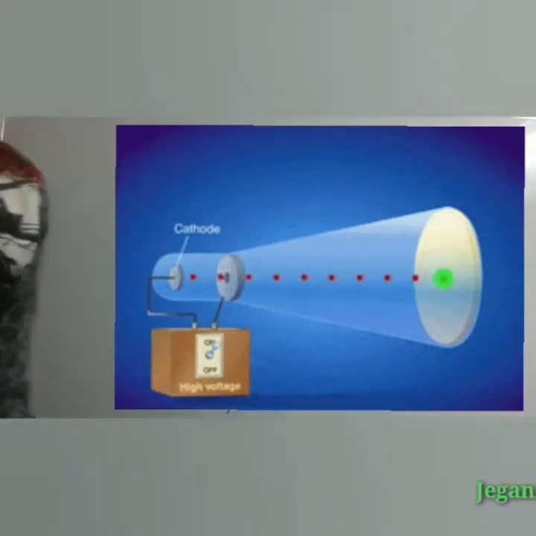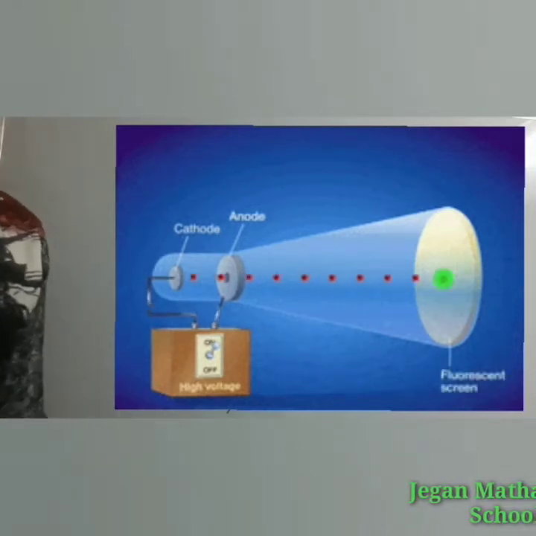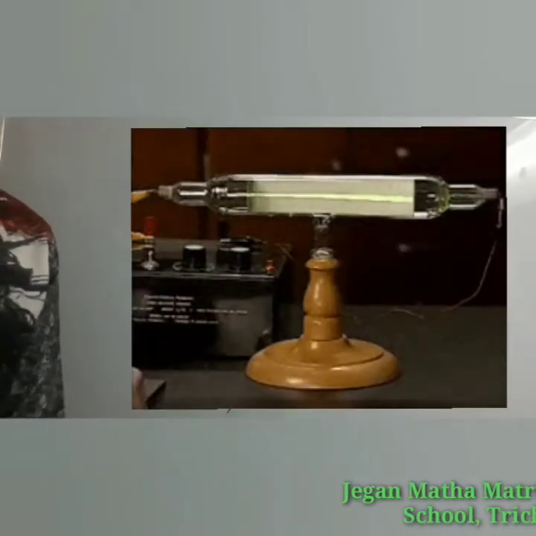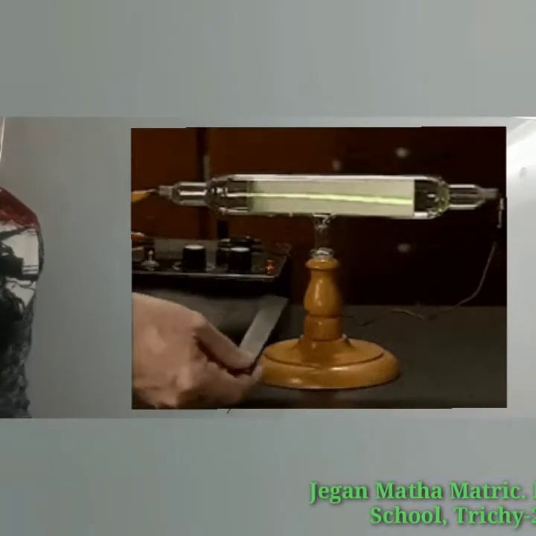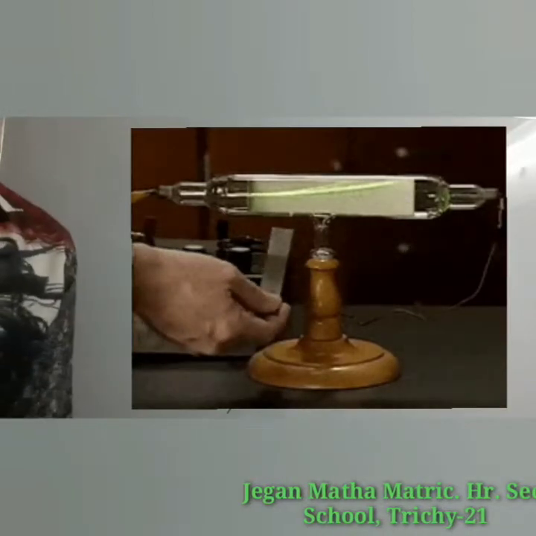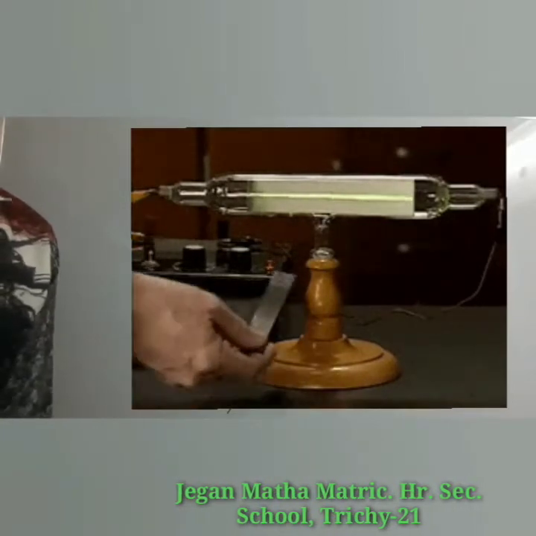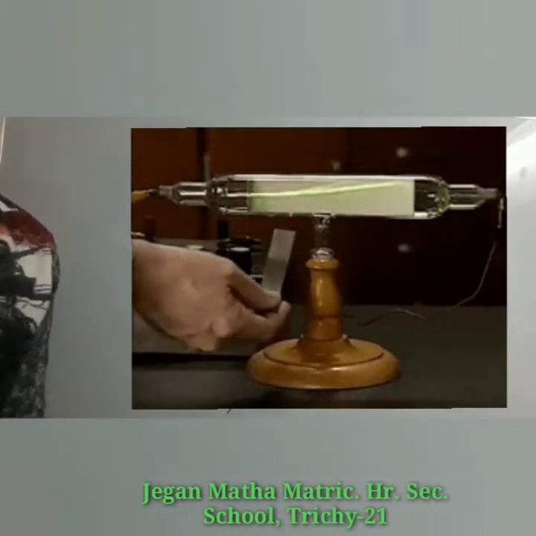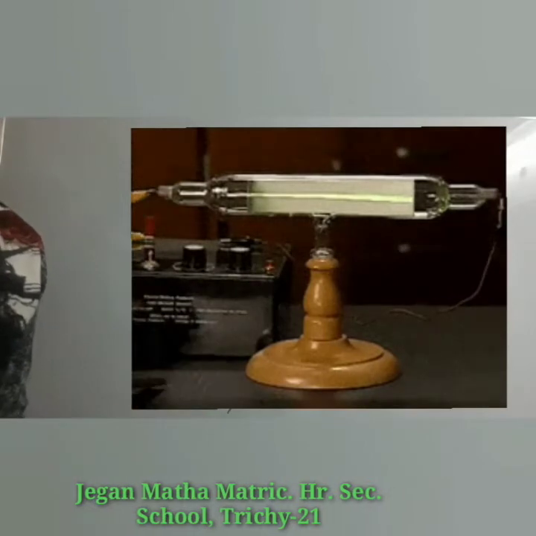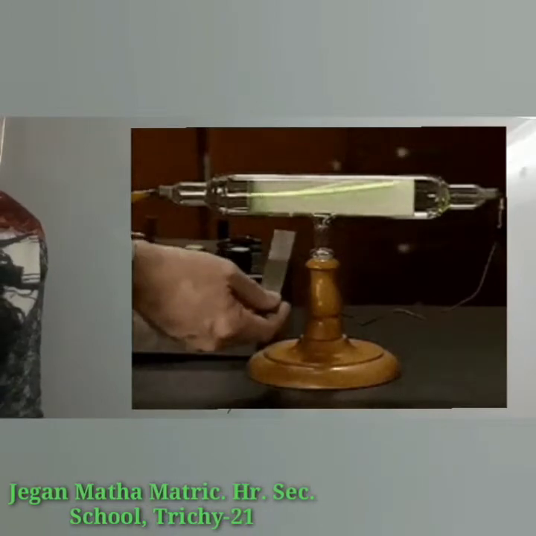Hi students, in this video we are going to discuss the determination of the specific charge of an electron, that is Thomson's experiment. Thomson's experiment is considered one of the remarkable experiments for the birth of modern physics. In 1887, J.J. Thomson made a remarkable improvement in the study of gases in discharge tubes. In the presence of electric and magnetic fields, the cathode rays were deflected. By varying the electric and magnetic fields, the specific charge per unit mass of cathode rays is measured.